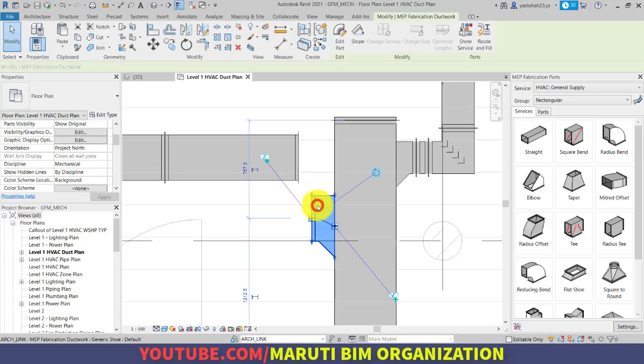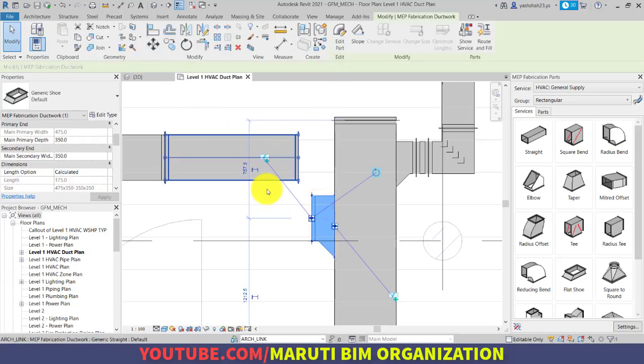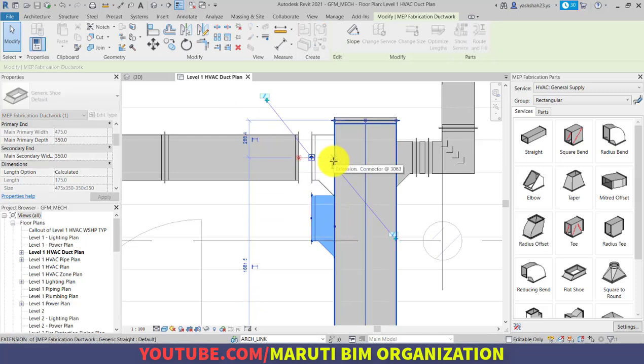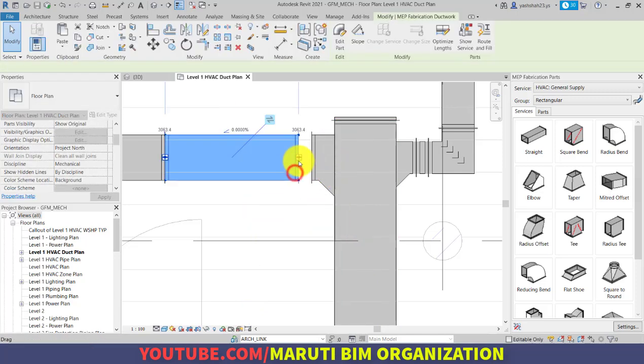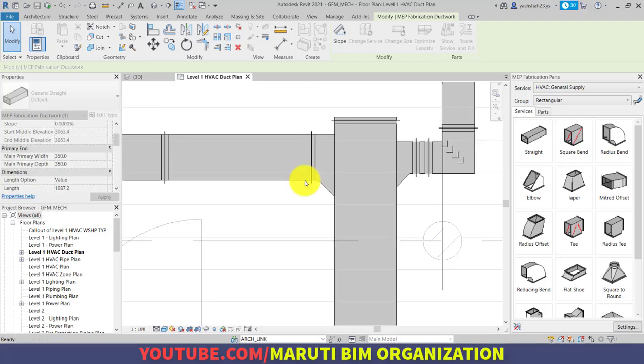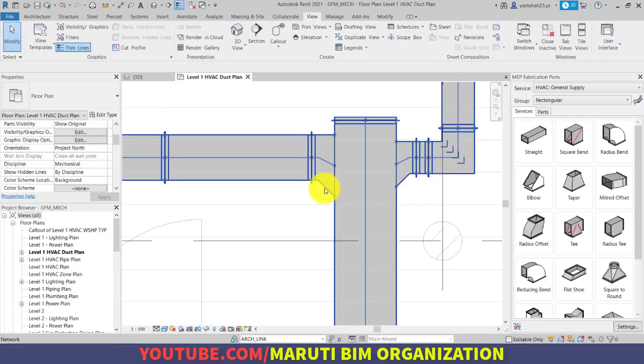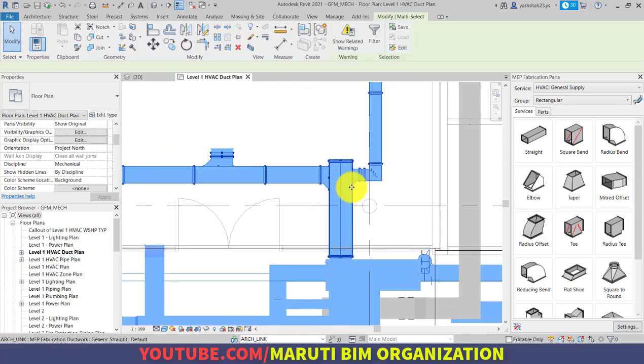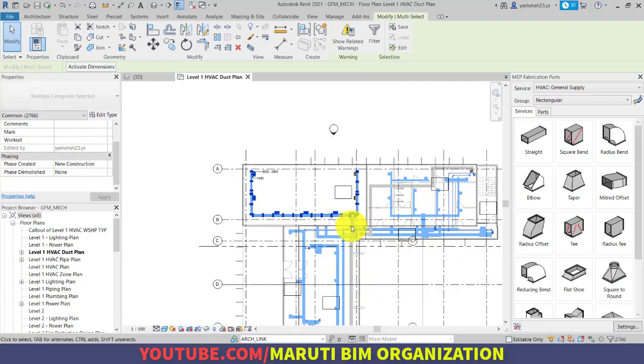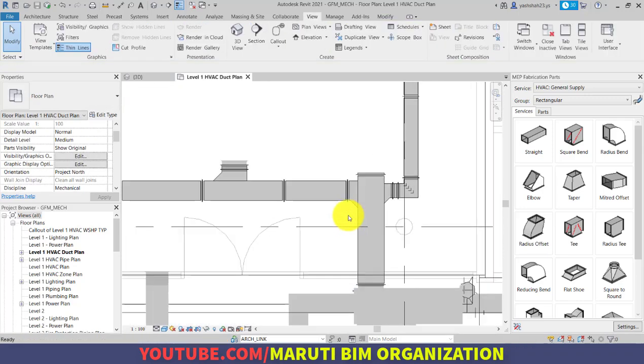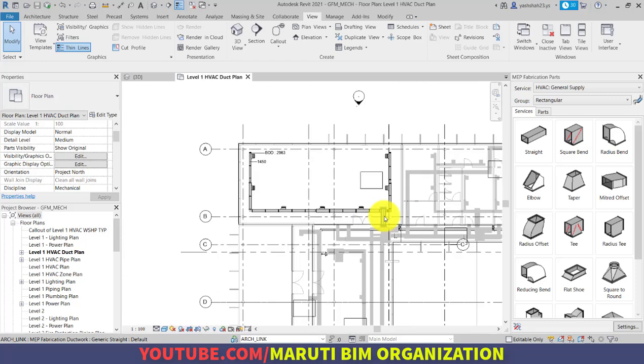And then we will move this duct. As you can see, if I am using the tab key, it is selecting all the connections of routes. So that means my connection is now okay.